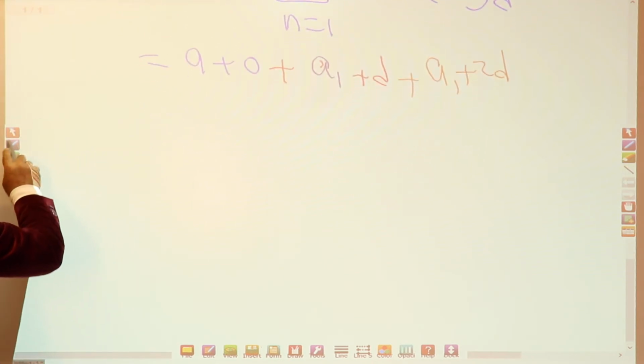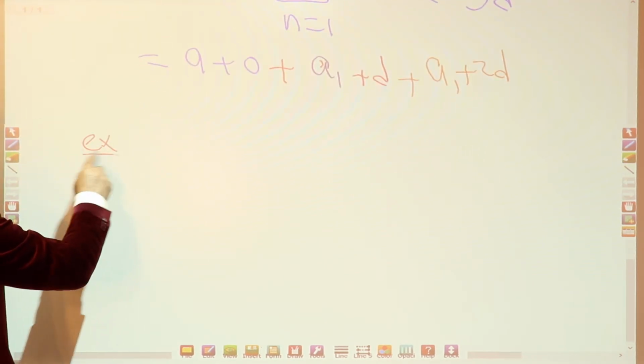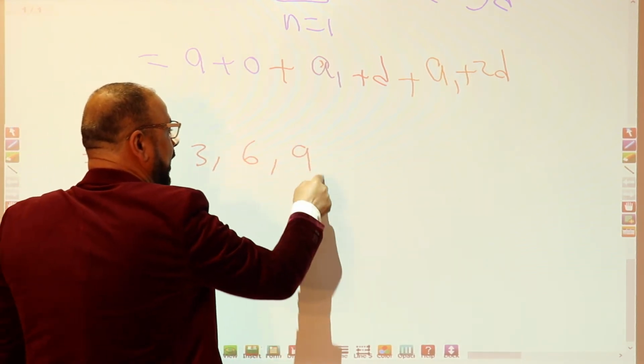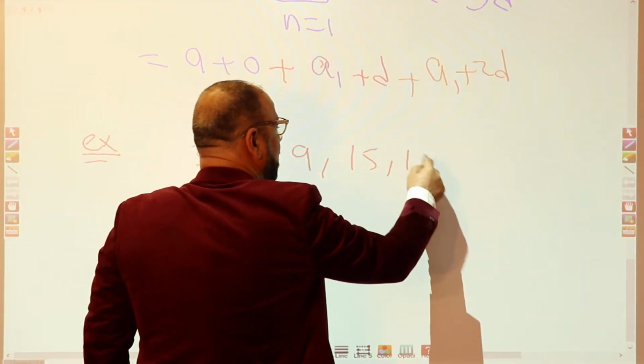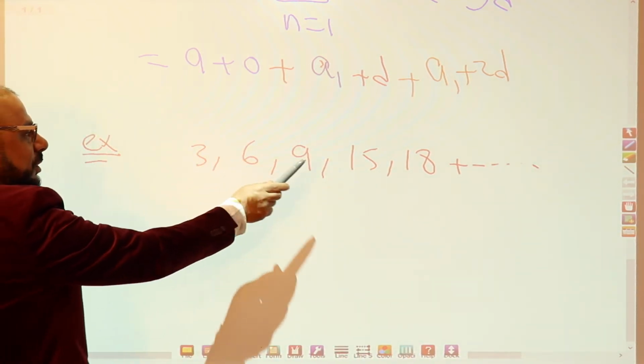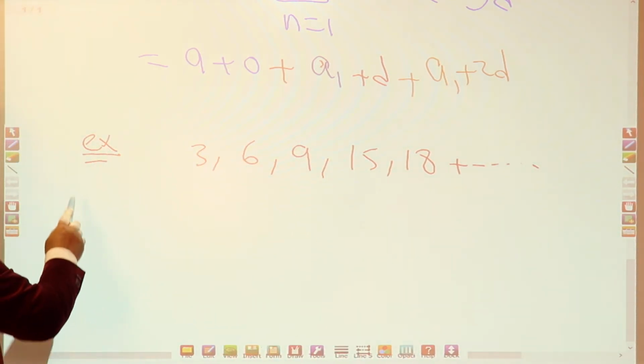As an example, let me go back to my example. We have the sequence, if you remember, 3, 6, 9, 15, 18. How many terms do I have here? 1, 2, 3, 4, 5, 6. Find